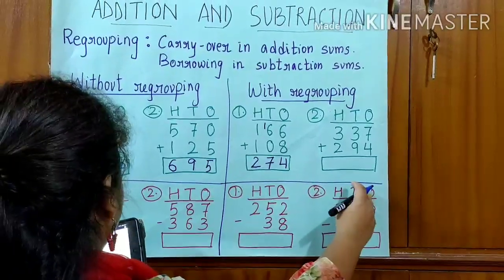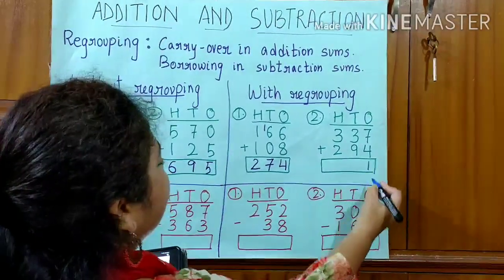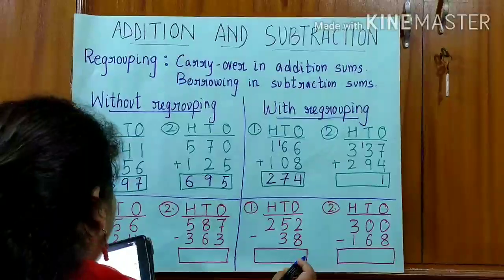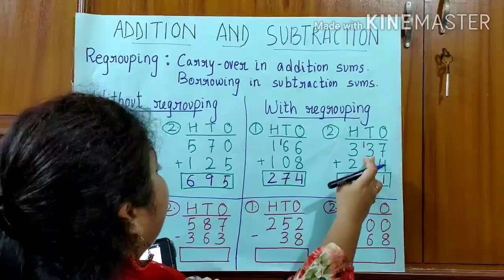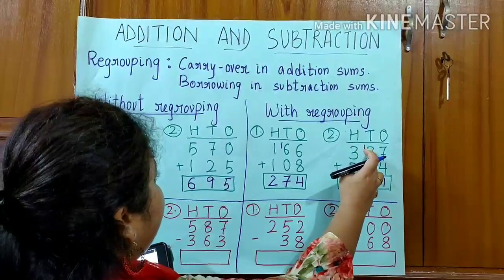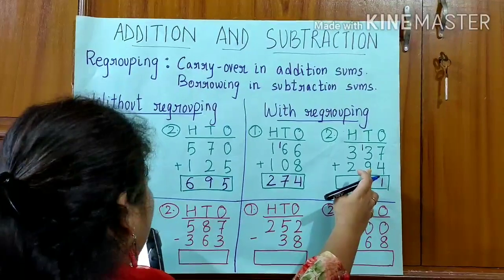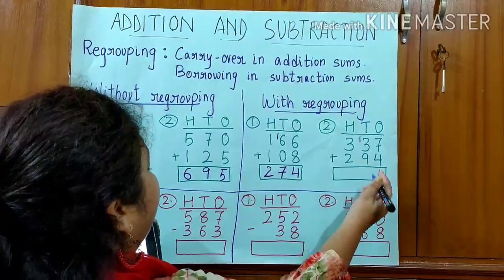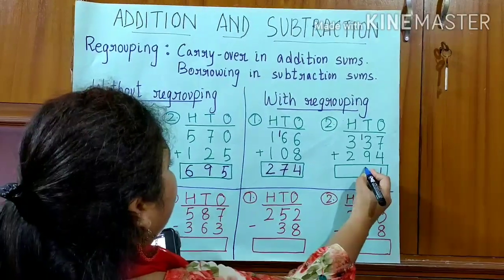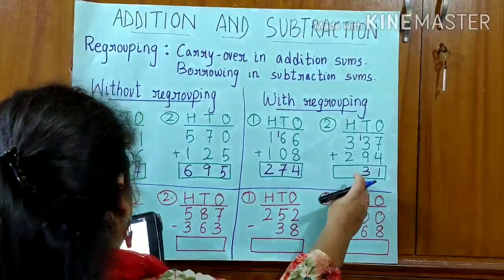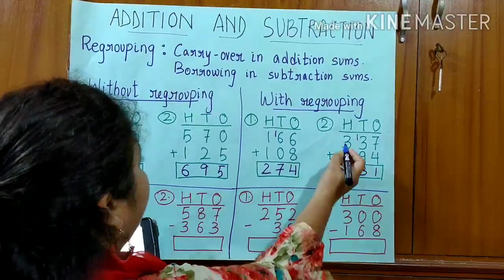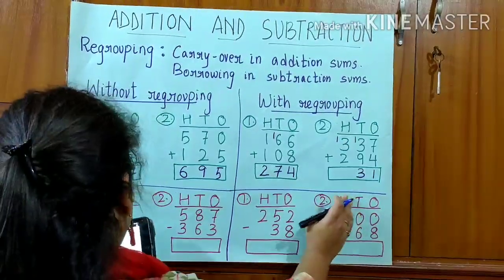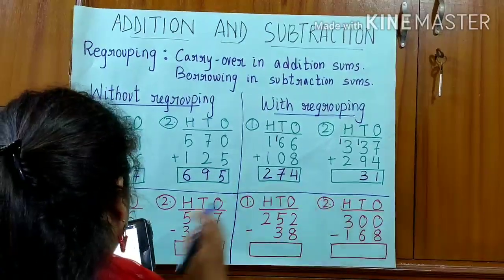Now we have to move 1 ten to the tens column. So 1 one will be here and the other 1 ten will move to the tens column. So now over here, how many do we have? We have 1 plus 1 ten plus 3 tens plus 9 tens. That's a huge number, right, children? So what do we get? We get the number 13 when we add all together, right? In the same manner, we have to move 100 to the hundreds column and the 3 tens remain here, right, children? Now again, we have to regroup the tens.